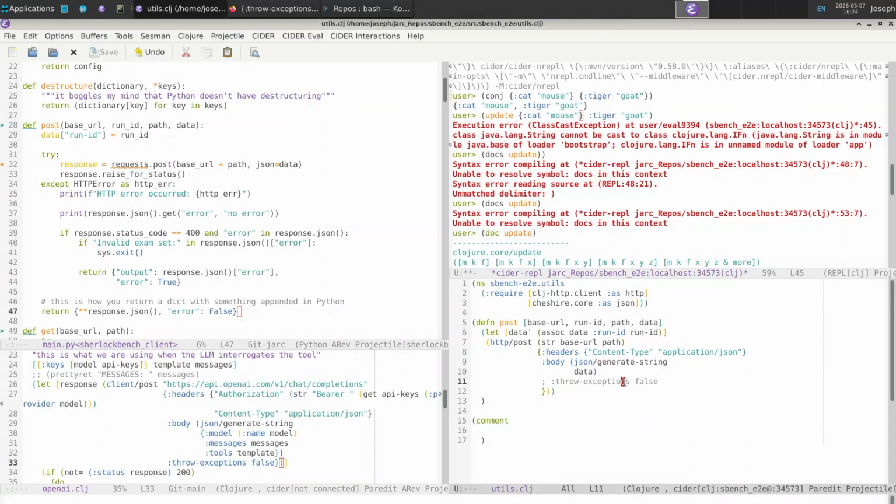I'm trying to make this as simple as possible. I'm not expecting to get any errors because the Llama server is running on localhost, and the SherlockBench API is going to be running on localhost. Prematurely trying to deal with hypothetical exceptions is not a good idea, in my opinion. It's better to wait for an error to happen and then put some proper thought into how you want to deal with it,